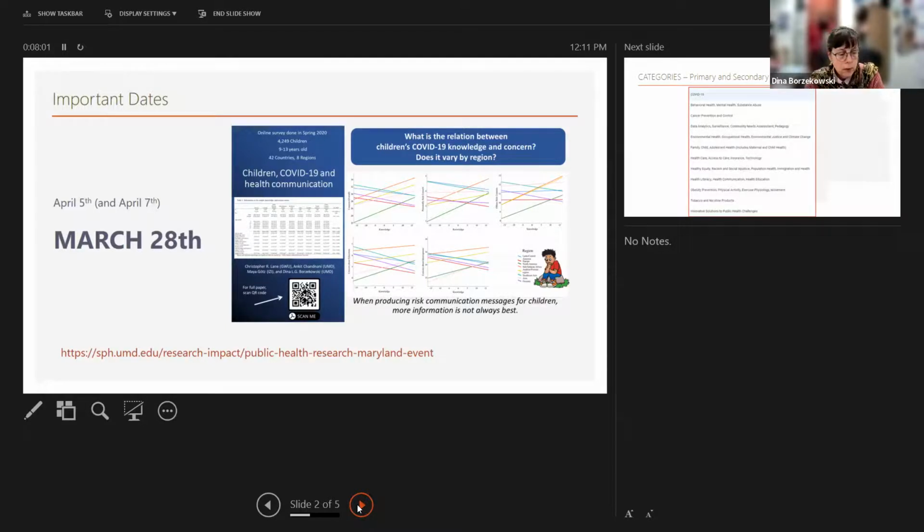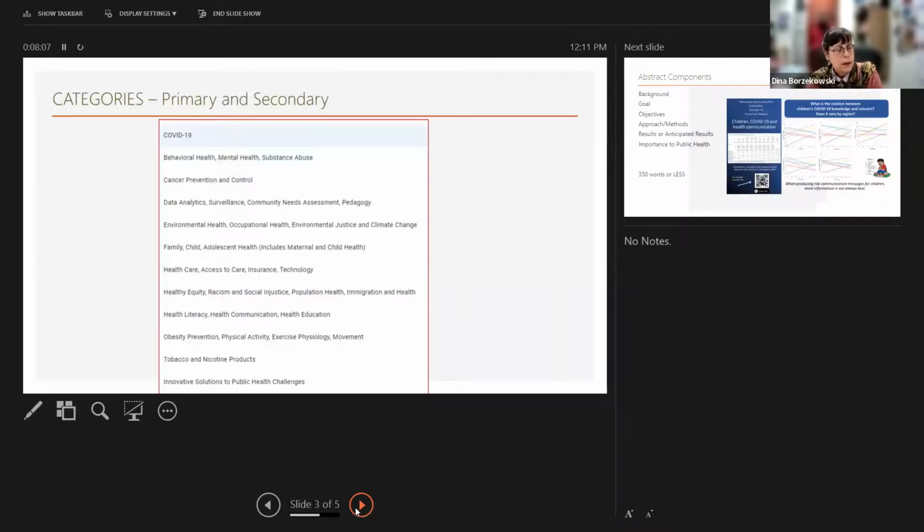So again, you can present work that is in progress or work that has been completed. The thing to note is that you will have to identify your primary and secondary categories. You will identify this; we will not identify this for you. There are 12 different categories.